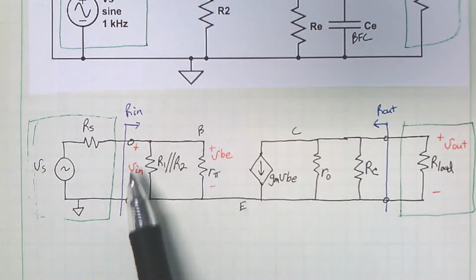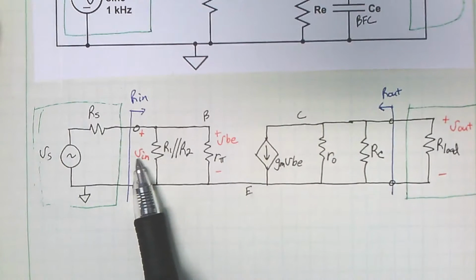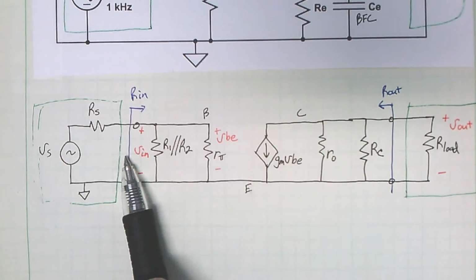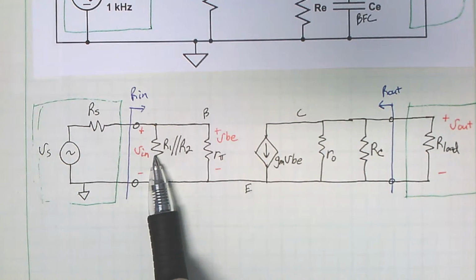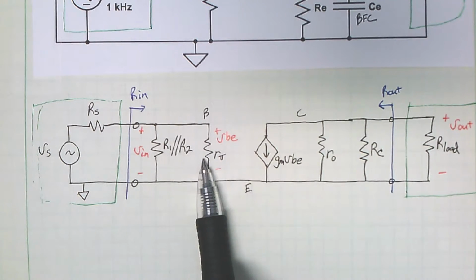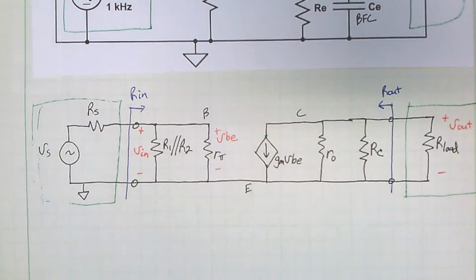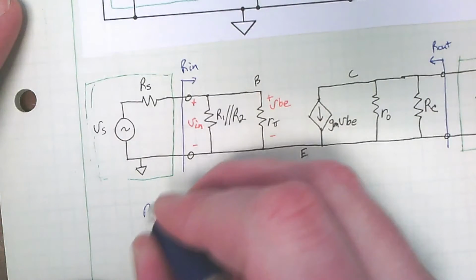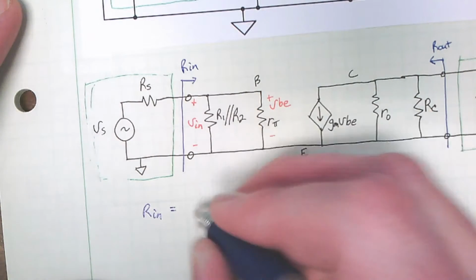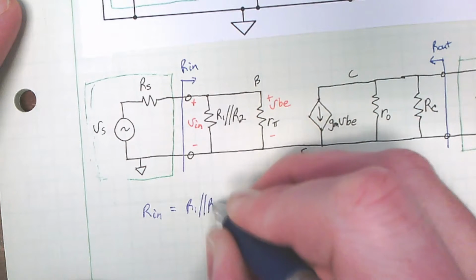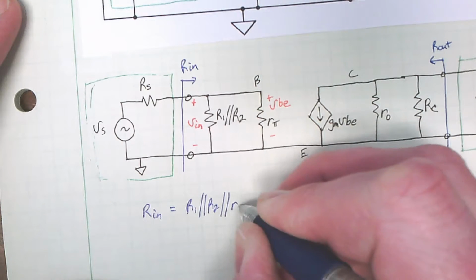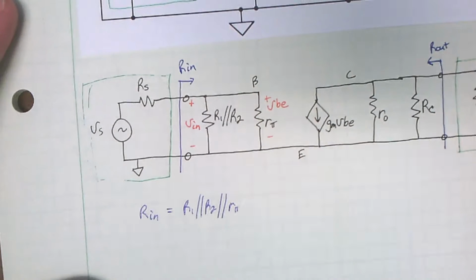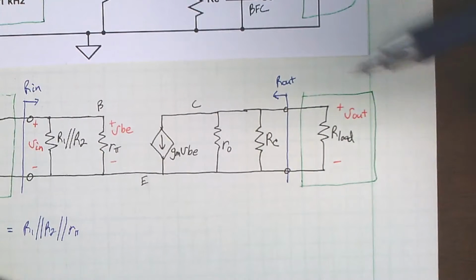Okay, if I look, what's the resistance looking to the right? This boundary here, I look here, it's R1 in parallel with R2. Then this section is parallel with R5, so R in is R1 parallel R2 parallel R5. That's great. R out,